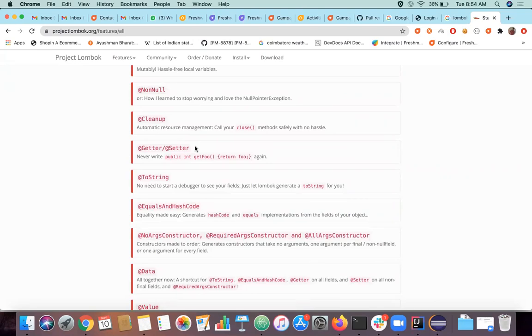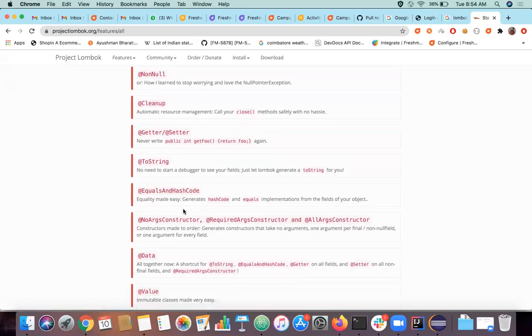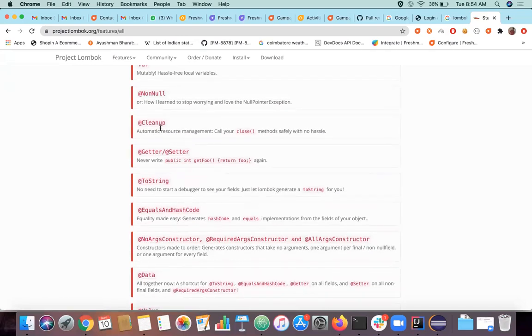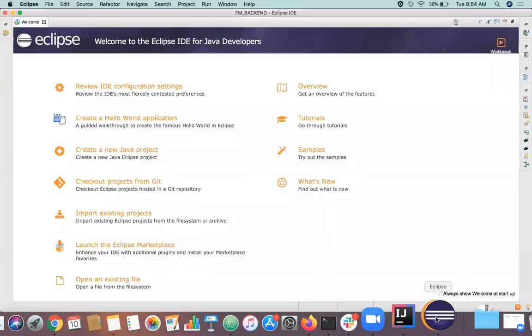We also saw some toString example previously, for people who didn't attend or know that. There is a method called toString in the object class. We can override that. If we try to print the object directly, the toString method is called, right? We can use this toString also. And there's something called equals and hash code. Maybe we'll cover this in later videos. And we can create a constructor for the class, everything through an annotation actually. I'll try to show an example.